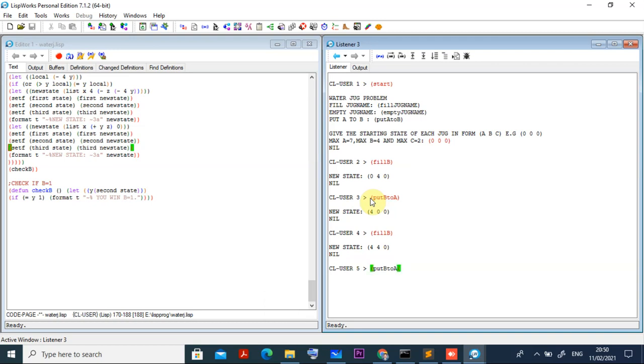Okay, when you run this program, then we can see now the new state is 7 1 0. That means in the first jug it is 7 liter, in the second jug it is 1 liter, third it is 0. Anyway, if you don't want that first state, you can pour it out, but what you wanted in the second jug is to pour 1 liter water. Okay, now that means we win and B is equal to 1. So this is how we can implement all the things, right?